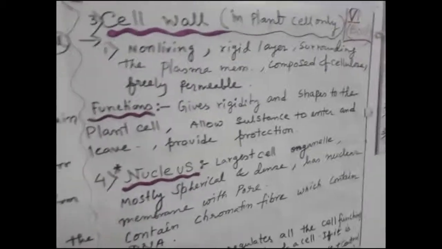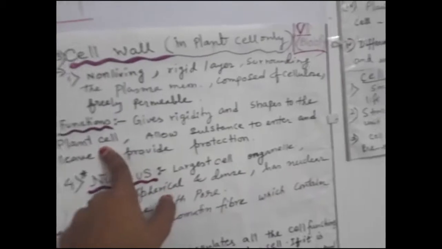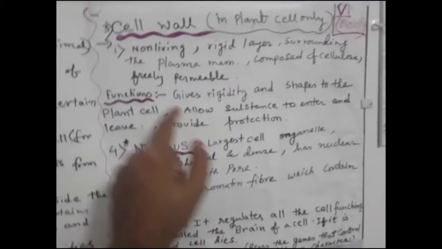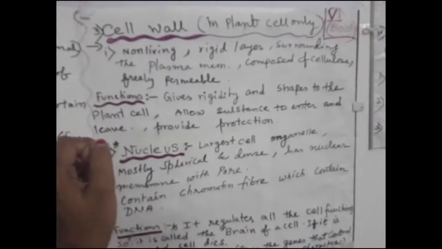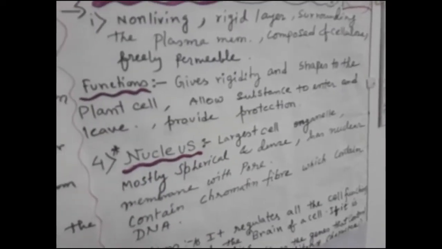And it is freely permeable. It permits the entry of all different chemicals. There is no hindrance to that entry. Okay. What function does it give? It gives rigidity and shape to the plant cell, because it is the outer layer, and it allows substances to enter and leave and provides protection. Obviously, this cell wall provides protection to the plant cell. Okay. Now,